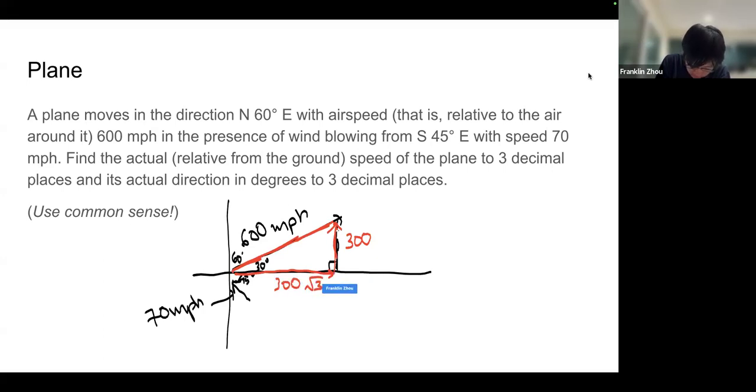The wind, which I'll label in blue, would be 35 root 3 in both directions. So I'll just let the plane's vector be P because it's convenient. So that means P is equal to, well, the wind is equal to,